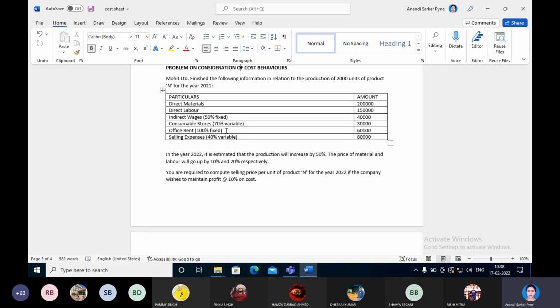Now the price of material and labor is increasing by 10% and 20% respectively. So how will you calculate next year? That is the cost sheet of product N for the year 2022. Direct material was 2 lakh, right? So 2 lakh whose unit is 3,000. Direct materials cost per unit we will find out. If you do 2 lakh divided by 2,000, you will be getting